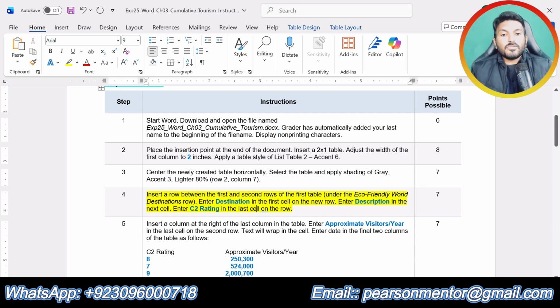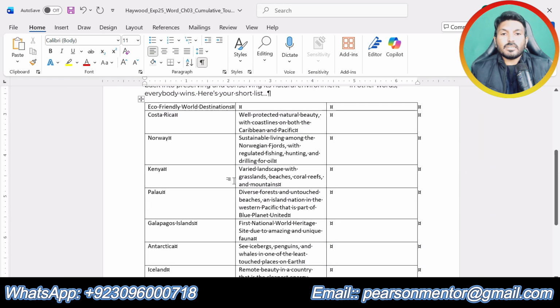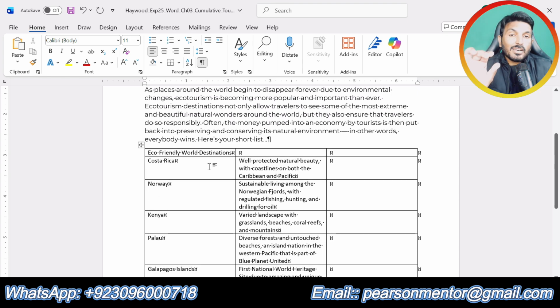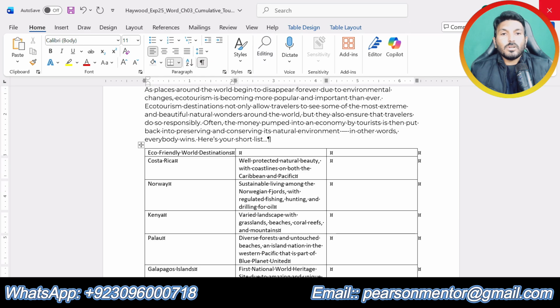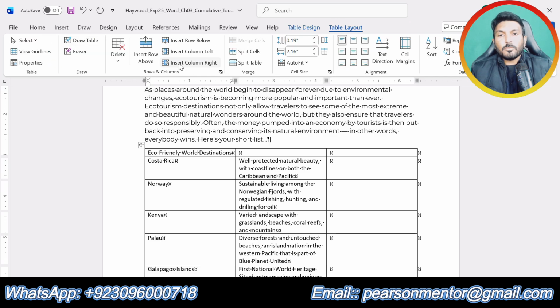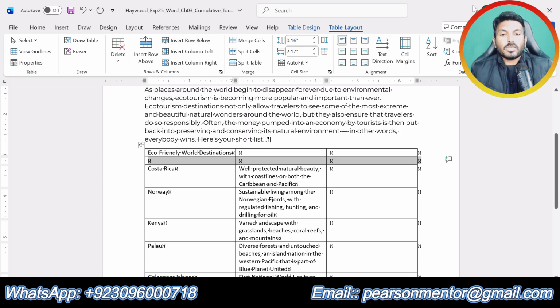Insert a row between the first and second row of the first table under the eco-friendly word destination row. So first we are supposed to insert a row between first and second row. Click in the first row, go to table layout, and from here you can select insert row below. Okay. Then it is saying